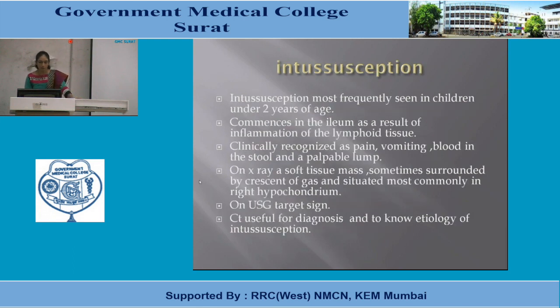What is intussusception? Intussusception occurs most frequently in children under 2 years of age. It commences in the ileum as a result of inflammation of the lymphoid tissue. Clinically it is recognized by pain, vomiting, blood in stool, and a palpable lump. On X-ray, there is a soft tissue opacity mass, sometimes surrounded by a crescent of gas, situated most commonly in the right hypochondrium, but it can be present in